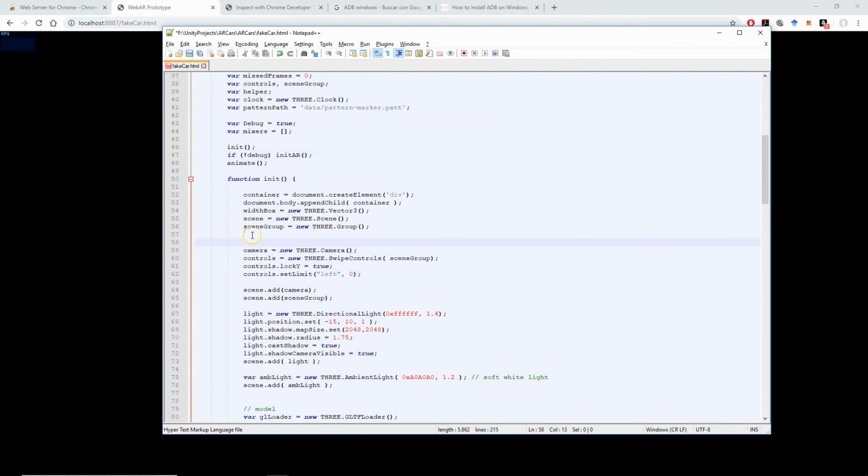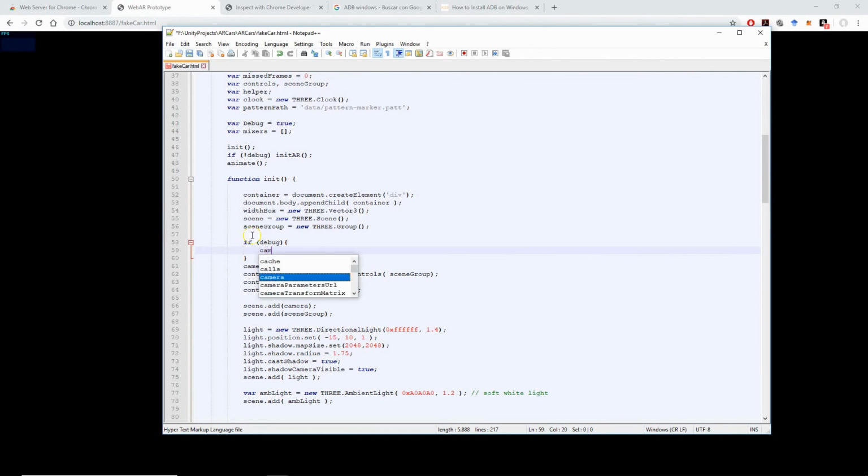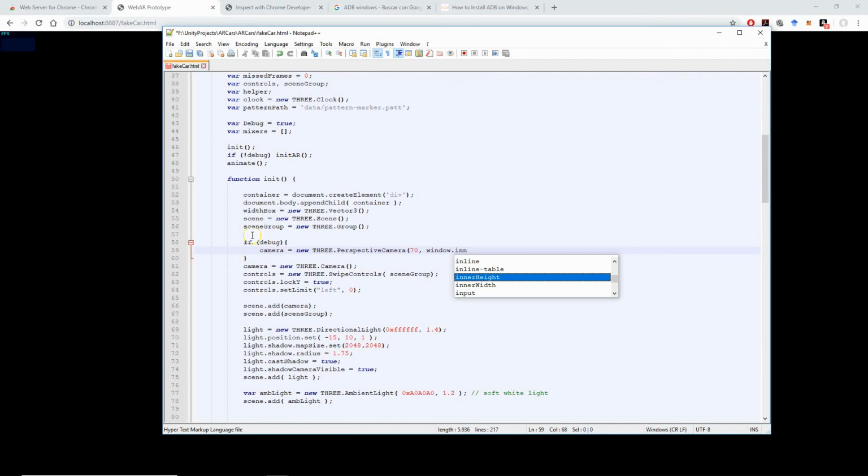So we're going to define another camera if we are in debug mode. So if we are in debug mode, we are going to type that here, and we are going to say that camera is the new THREE.PerspectiveCamera. And I'm going to put here 70, the field of view, then window.innerWidth divided by window.innerHeight. Then we have to set the near,